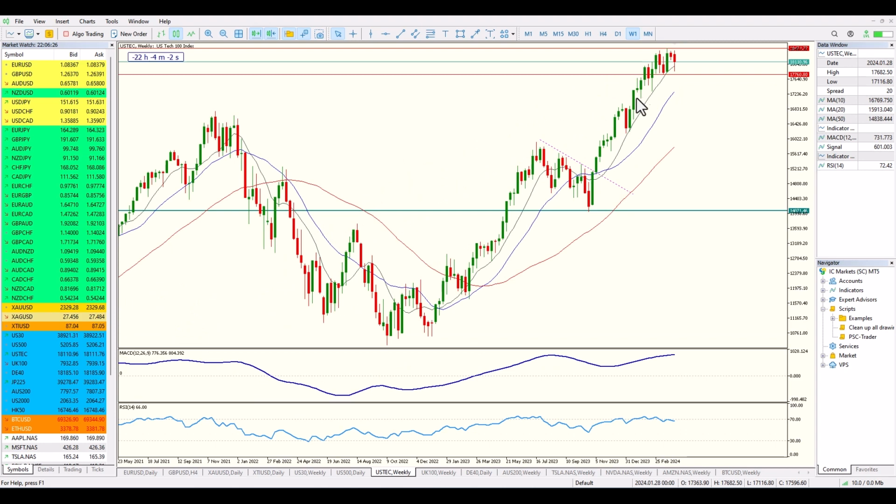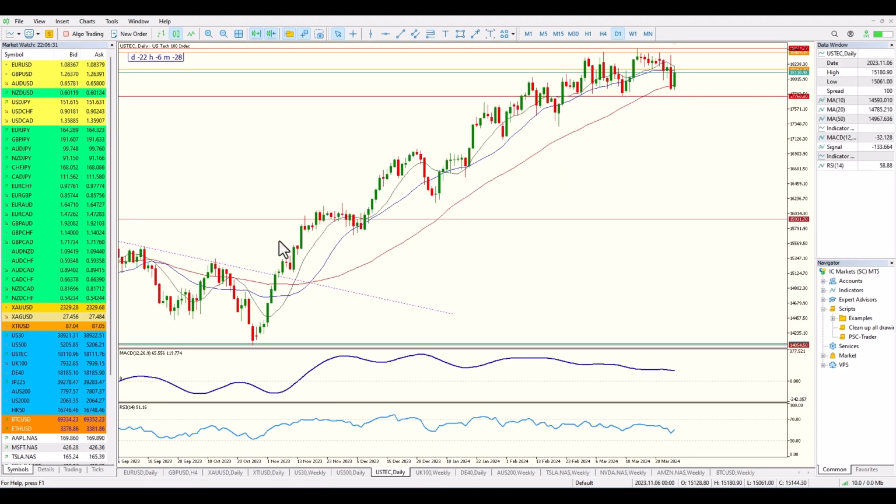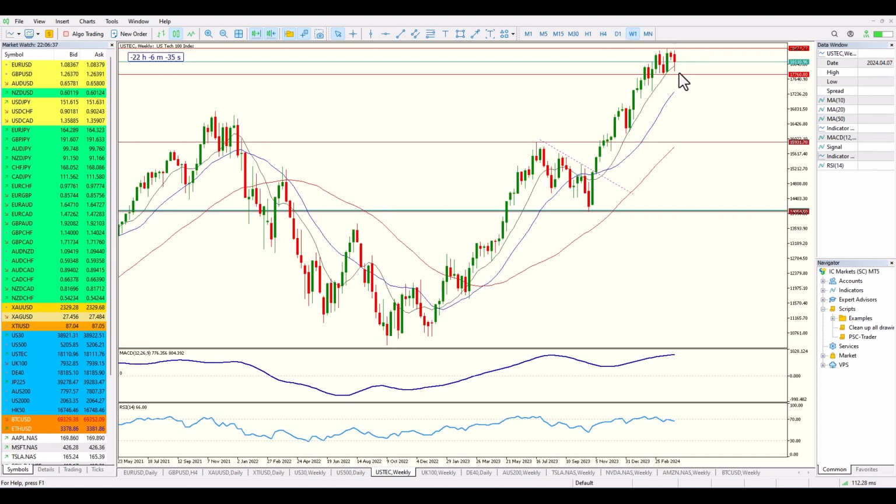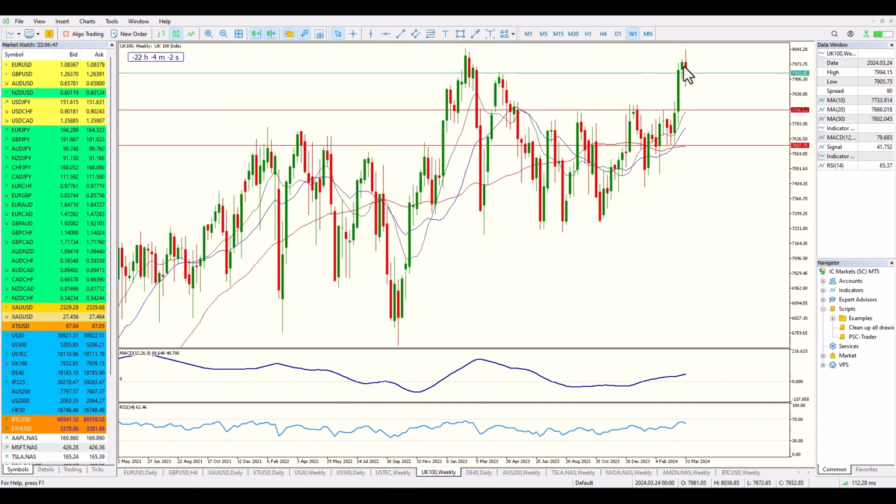This is a lot more obvious when we look at the Tech 100. If we look at it from a daily perspective, you can see that this upward trend has now started to go sideways. So what I'm looking for this week is some confirmation. Are we going to get a deeper retracement, potentially down to the 20-period moving average or a little bit further? If that's the case, we could see this market becoming a little bit more turbulent, a little bit more difficult to read over the coming week.